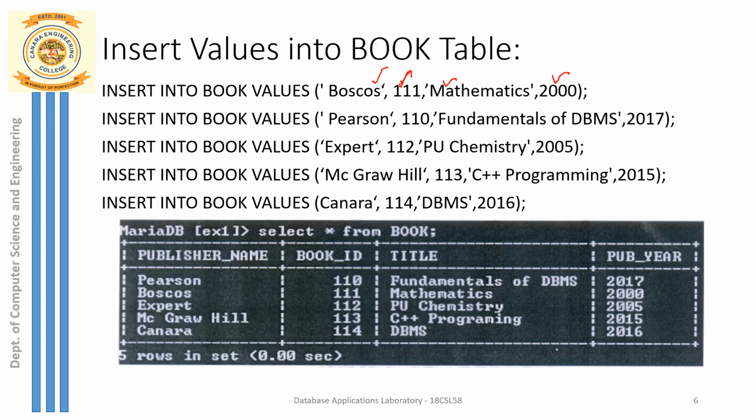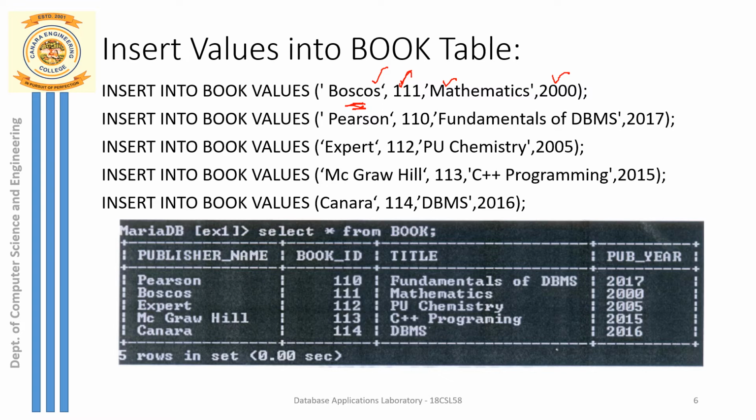So here all publisher names you take, and remember one more thing over here. Publisher name here is a foreign key which is going to reference your publisher table. Since publisher table just now I filled with the values, the same values what you had entered into publisher table, I am going to take the same values over here also in the book table. Since the publisher name is going to refer my publisher table, I'm going to derive it from the publisher table. So the same values you must mention here also.